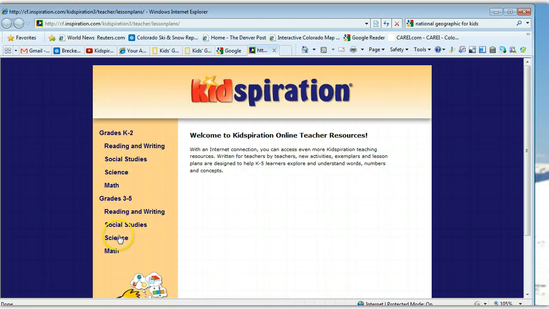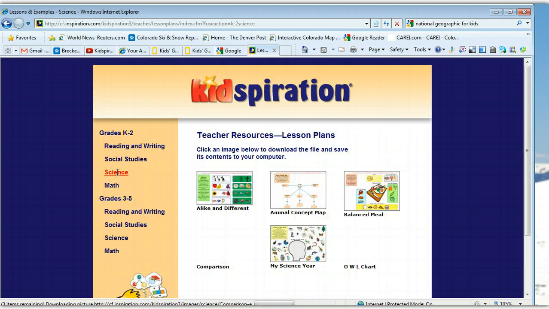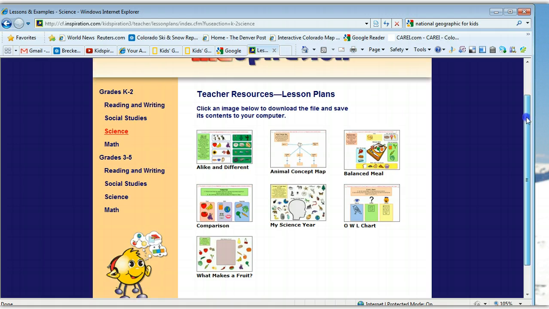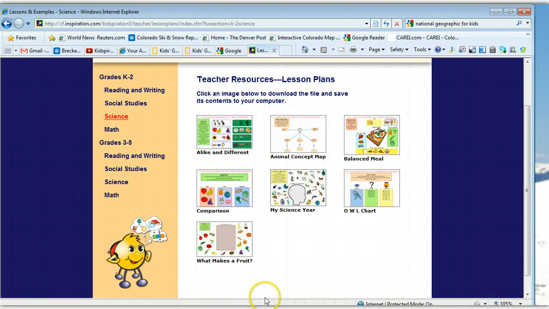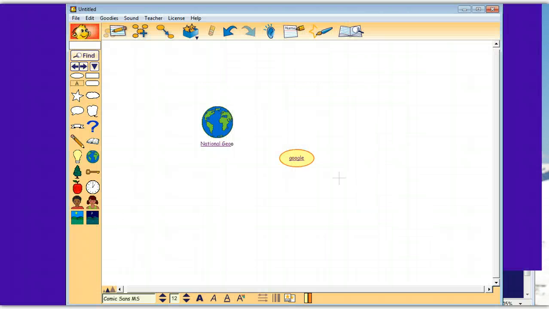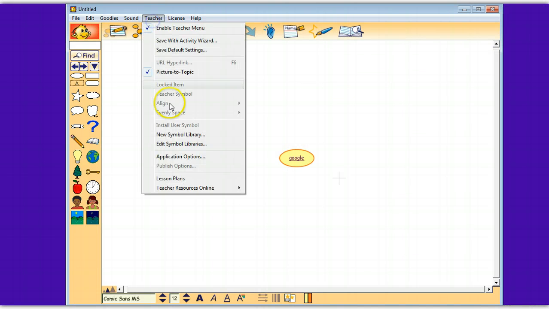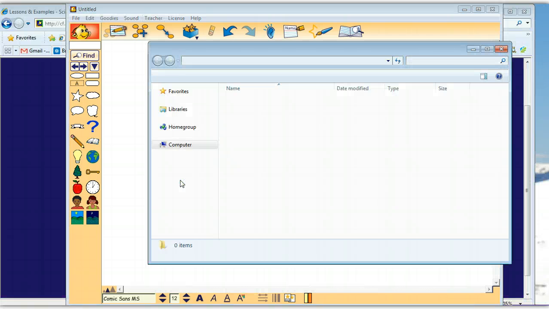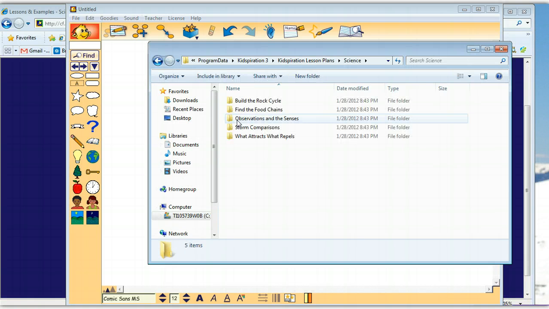So you can look through, here's once again the activity categories, and look at it this way. K through 2, let's see which ones they think are science. And these are ones that they have. Notice it's not all of the different activities, but here's the balanced meal ones. These are the activities that they have lesson plans for as well. It's just another view. It's not any different than basically looking through the lesson plans here. Like if I go to teacher, lesson plans, in science,